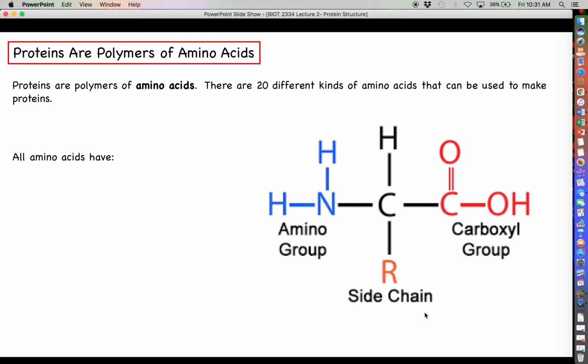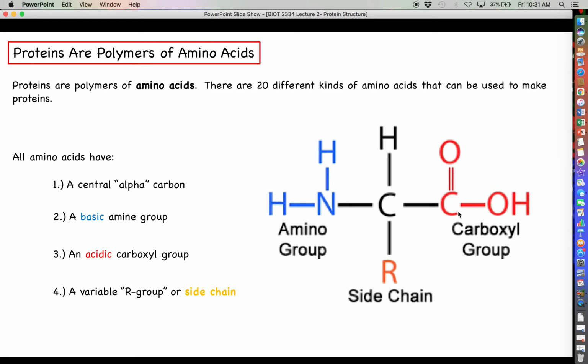in terms of its chemical structure, all amino acids have what's called a central alpha carbon. That's this carbon right here. And then attached to that central alpha carbon, we have a basic amine functional group. It's colored here in blue. We have an acidic carboxyl functional group here colored in red. And then we have a variable R group, or what is more appropriately called a side chain, which is colored